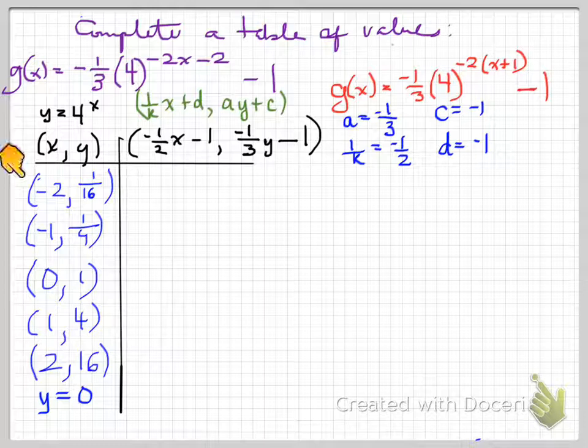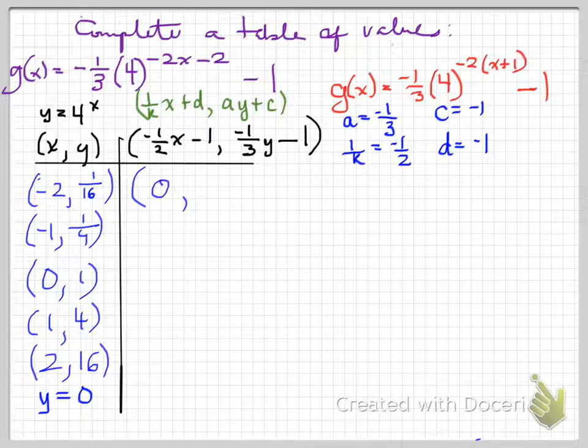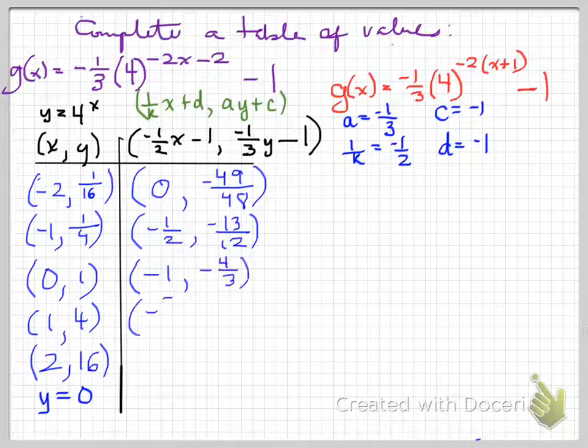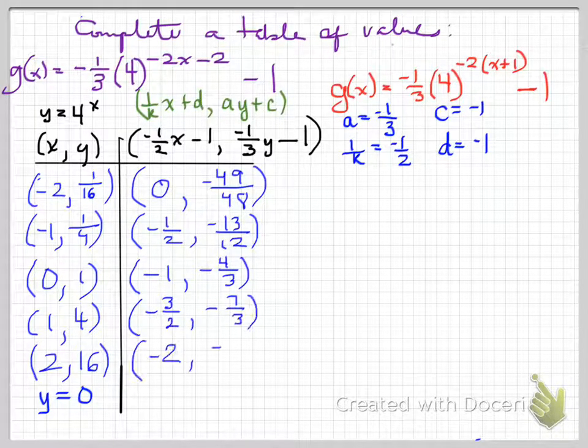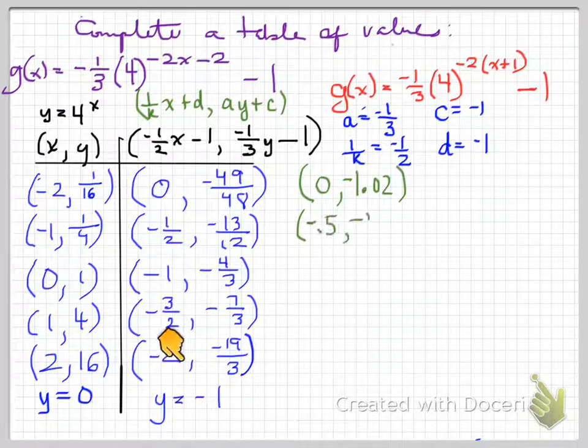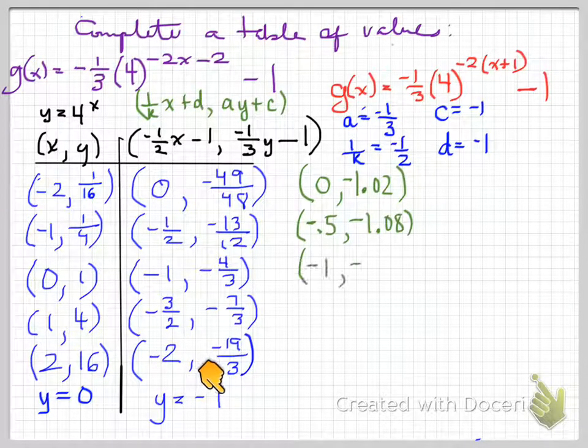Once you do that, you plug in the x values into the first equation and the y values into the second equation, and you will get the right values. -1/2 times -2 minus 1 is 0. -1/3 times 1/16 minus 1 is -49 over 48. And we do the same for the next set of values, folks. And we plug in the x and the y. So you need to be quite comfortable with your calculator, especially that fraction button, because I'm notorious for those numbers. And then finally, our horizontal asymptote is going to be at y equals -1, because that's our